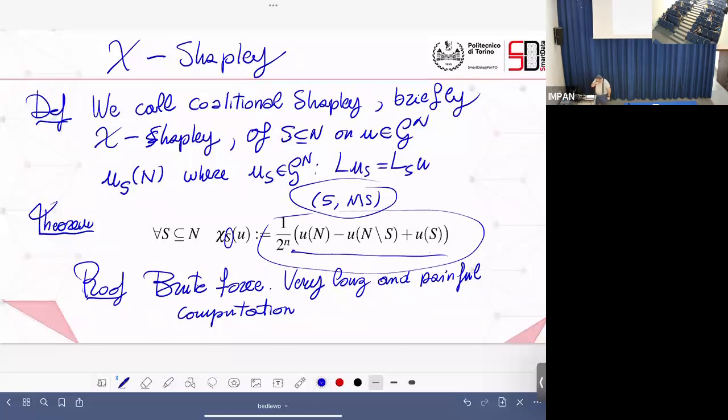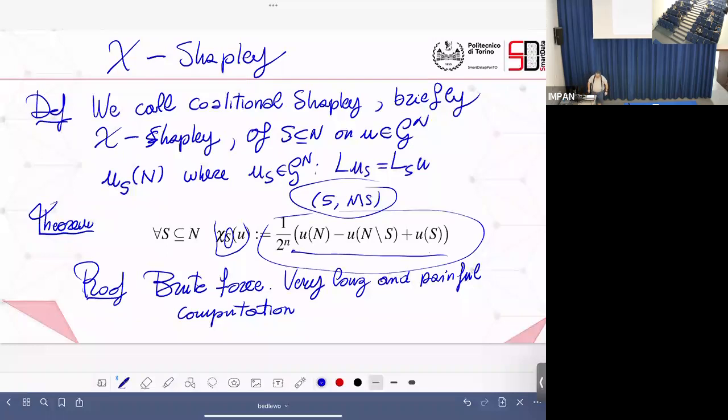So if you don't fully enumerate, is it possible to start with some subset, get a value, then maybe do some type of Monte Carlo onto another part of the subset and recompute? Is that coherent, or do you need the entire thing? No, you don't need the entire thing, because the computation is quite local, as you see. You need only to know the value of the game on the coalition and on the complementary coalition. Once you know these two, you can compute this. If you want to compute the entire game, you need to compute everything. But you could actually think about sampling. Yeah, you can. It's a good idea.